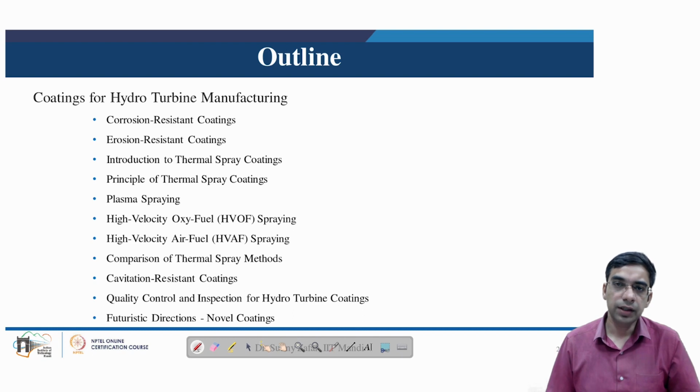So to prevent the erosion in the hydroturbine components, hard material coatings are applied on the surfaces of the various components like runner and blades of the hydroturbine so as to extend their service life and thereby minimizing any damage